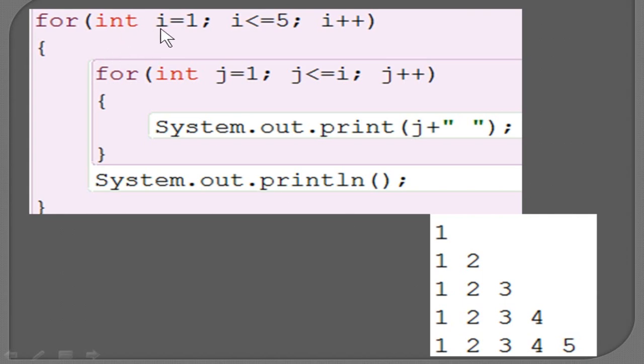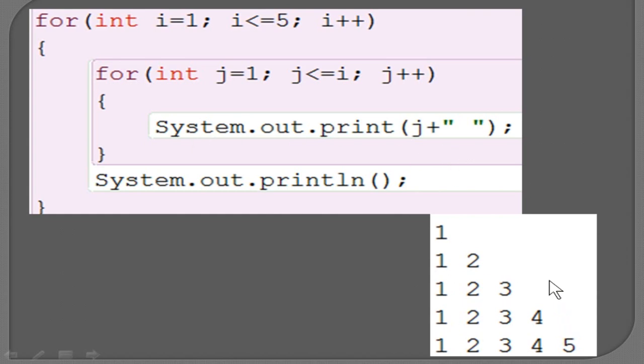See here, this is the outer loop: I equal to 1, I less than or equal to 5, I plus plus. This is what we found out from the pattern. And we can see the inner loop: J equal to 1, because every row starts from 1 and ends with I. That means when the I value is 1, it will stop. When the I value is 2, in the second row, it will print 1 and 2 and then stop. So you have to stop when it reaches the I value. Both loops' control variables are increasing. That's what we discussed, and when you print it, you will get the pattern like this.